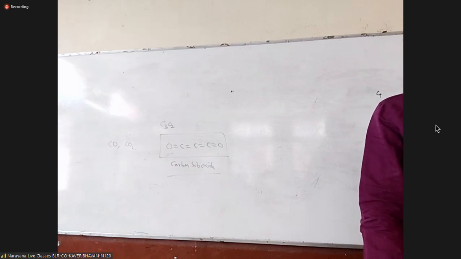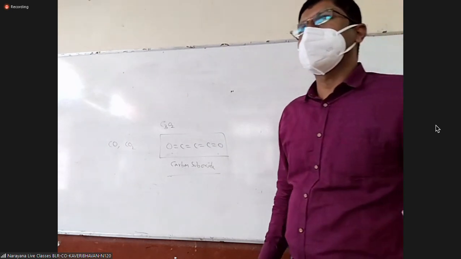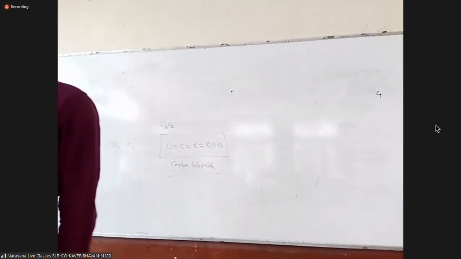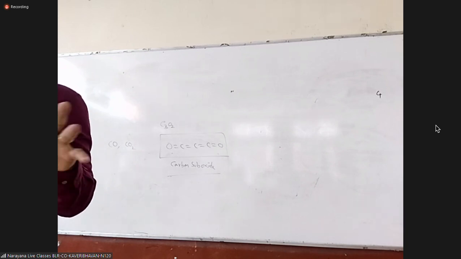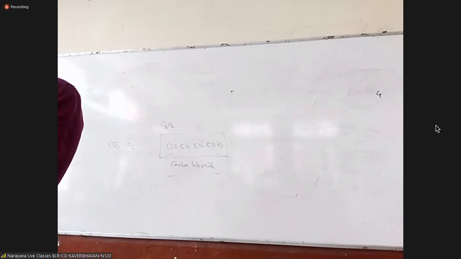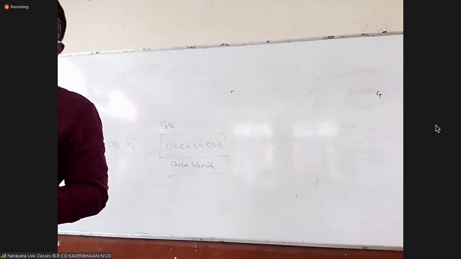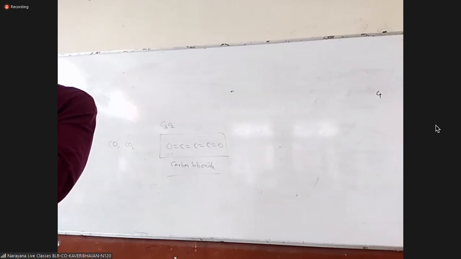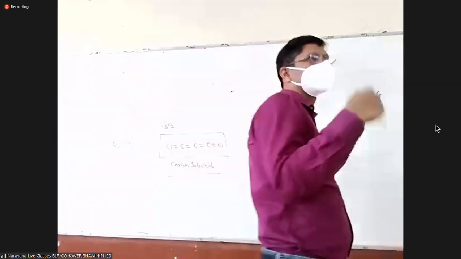Carbon monoxide preparation: oxidation of carbon in a limited supply of oxygen or air yields carbon monoxide. Automobile fuels are there, right? Carbon monoxide is the main pollutant, from incomplete combustion of the fuel. Fuels are generally carbon compounds: petrol, diesel, kerosene, alkanes, alkenes. If you burn them in a limited amount of oxygen, it is called incomplete combustion, which gives carbon monoxide. Complete combustion gives carbon dioxide. Limited supply of oxygen gives CO; excess oxygen gives CO2.